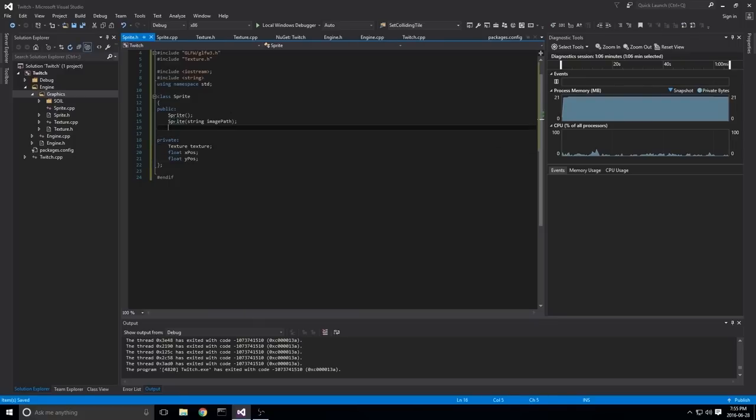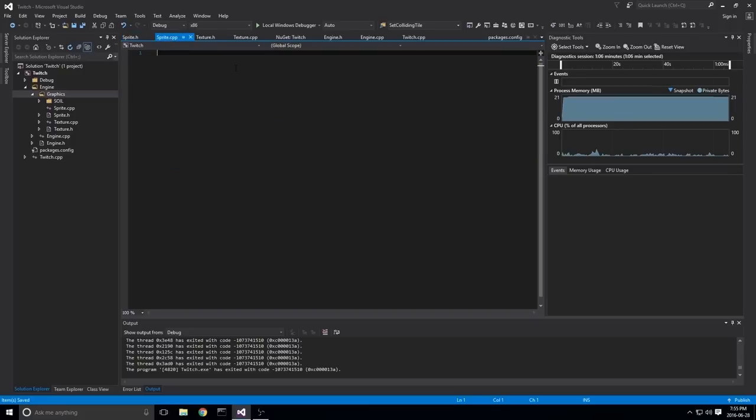So we can have an empty constructor, a constructor that takes the image, and we'll just give it a 0, 0 pos. Or we can do Sprite string image path, and then float _x_pos, float _y_pos. Okay, so this way we can initialize the position for it. And yeah, that looks pretty good. So we'll have those three.